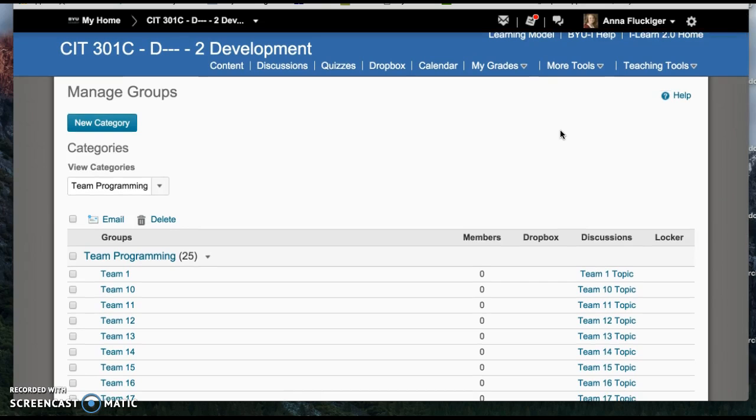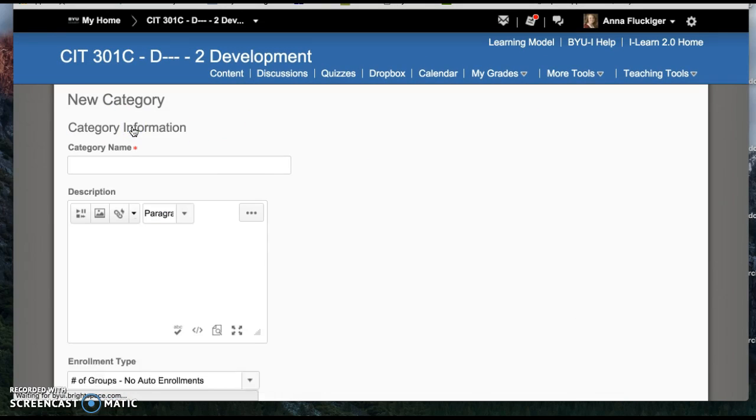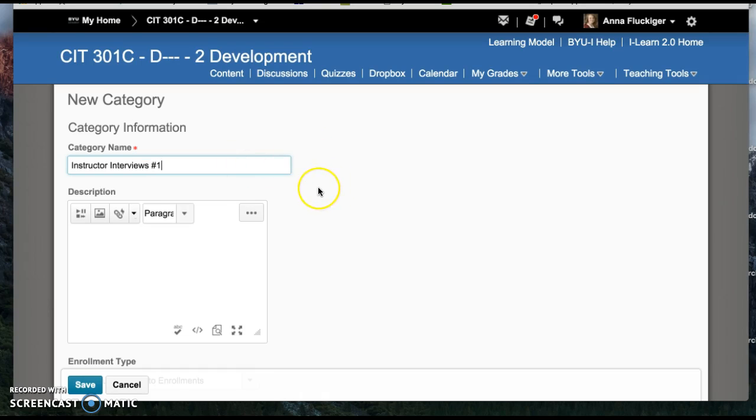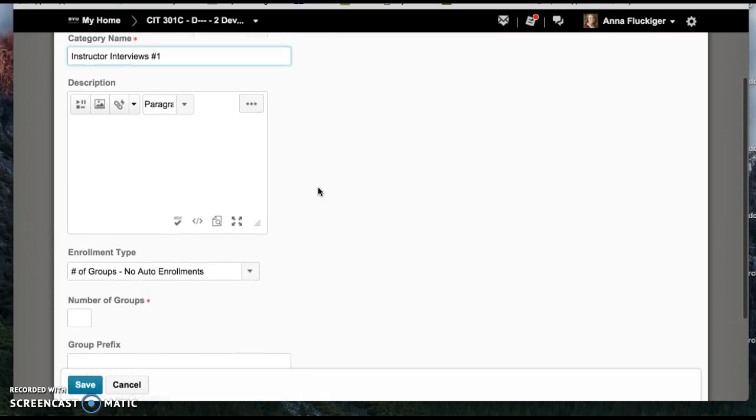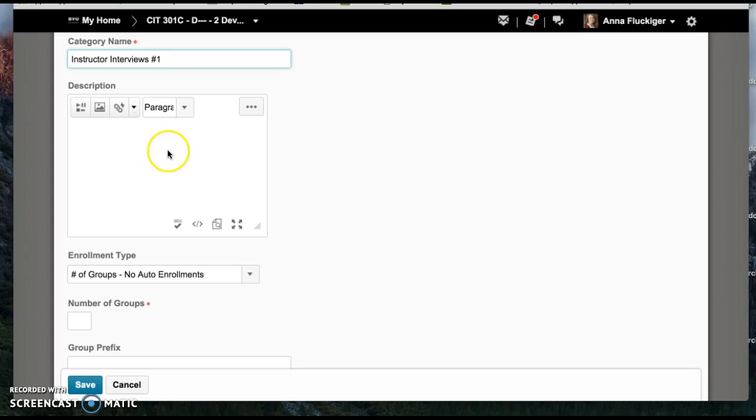Then once you're at this page, we're just going to hit this blue button that says New Category. You'll need to give it a category name. This can be anything. For this purpose, we'll put instructor interviews number 1. You can give this a description to explain to students what this group is about, but that's not necessary if